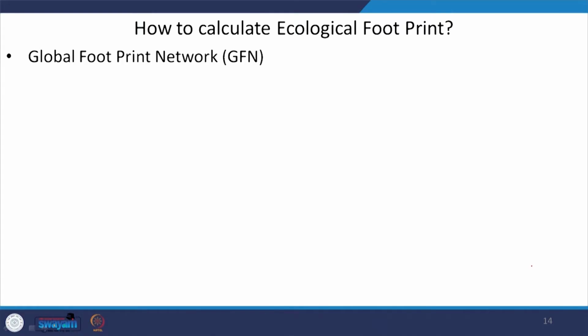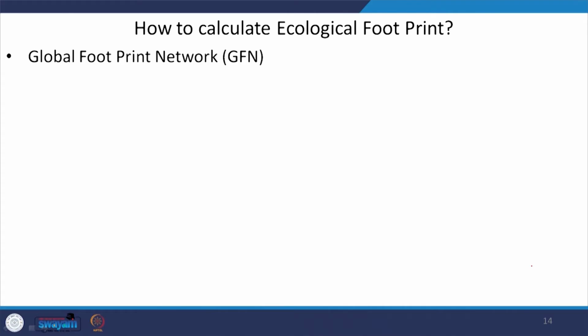So, after understanding this, now we can also calculate the ecological footprint, because we have understood what the indicators are that can be taken into account for finding the ecological footprint. So, who is preparing this ecological footprint? Because it is a tedious job and it needs data from a very minuscule, micro level to the macro level.